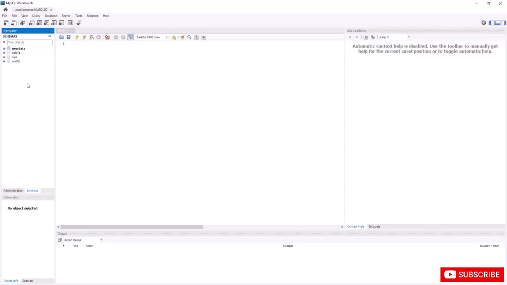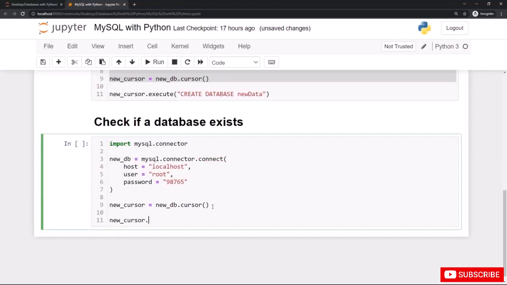Also, with Python programming language, there are two ways to check if a database exists. The first way is by using the show databases statement. You can check if a database exists by showing all the databases in your system, by listing all databases in your device. Let's see that. Let's go to the Jupyter notebook again to use the show databases statement to check if the new database exists or not. We have a simple example here to check if the database called new data exists on our system or not,